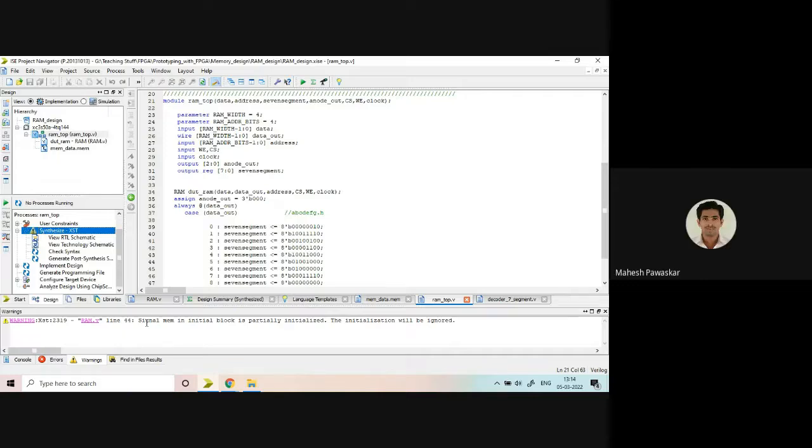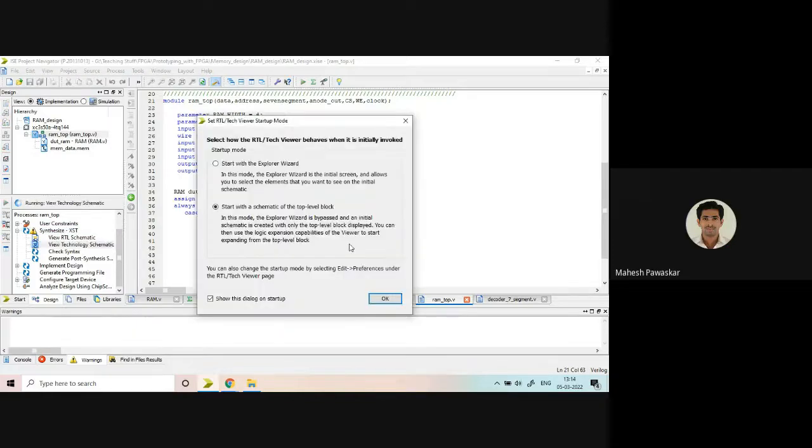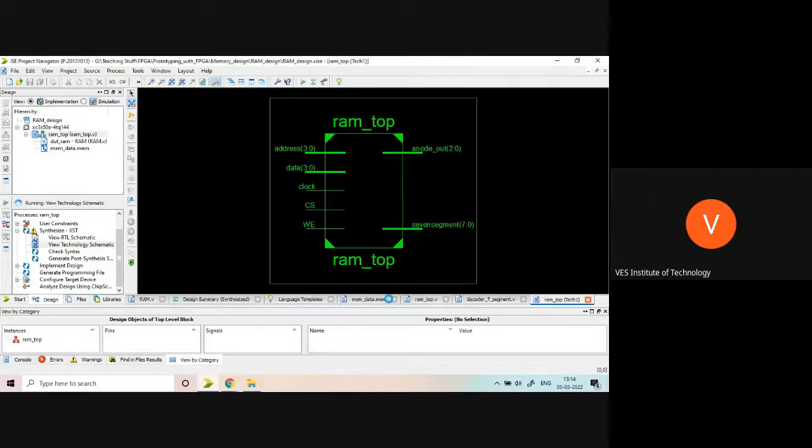Okay. So sir, the RAM top one which was earlier down in the left side window, it moved up automatically? Yes, because that will be a top module. Module list: DUT RAM goes down, so that happens automatically. Oh, okay, it will happen automatically. Okay. Yeah. So now you can see